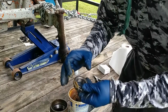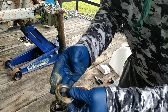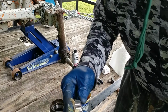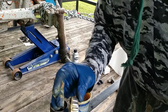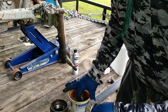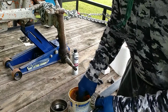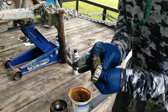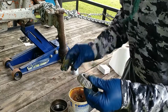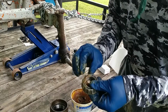And you wipe it in. Just like that. But when you're wiping it in, you want to push it in until it comes out of the bearings on the other side. And that takes a little time, and that takes a little effort. So this is the most time-consuming and dirty part. It's not really dirty, it's just messy,